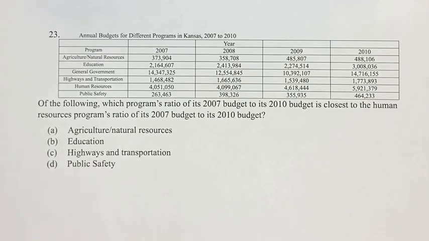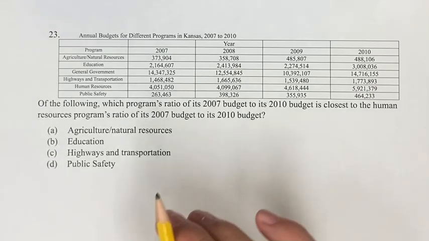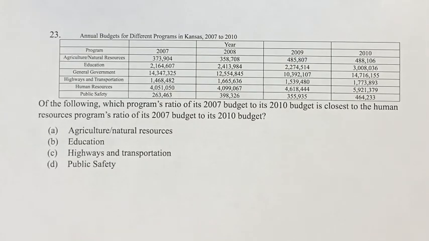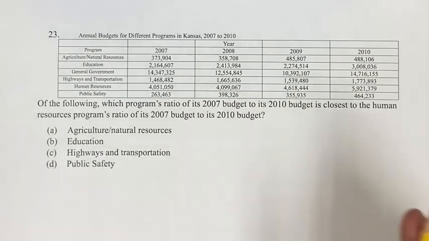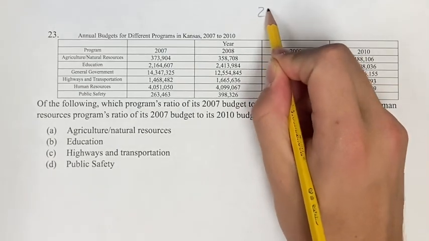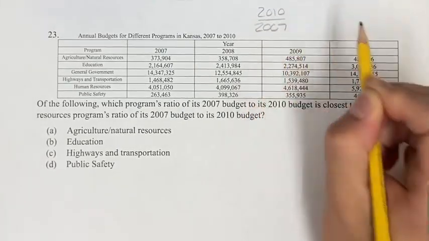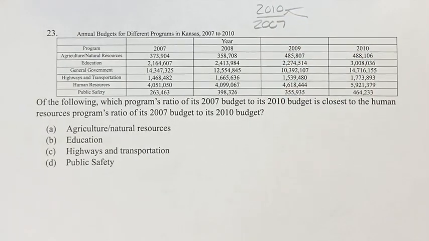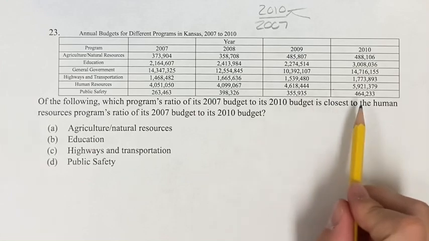And in doing this, we have to make a decision. Are we going to do 2010 divided by 2007 or 2007 divided by 2010? It doesn't matter which one you do, you just have to stay consistent throughout. So we're going to do 2010 divided by 2007 because generally the 2010 is larger, so that makes sense to me. So for human resources,